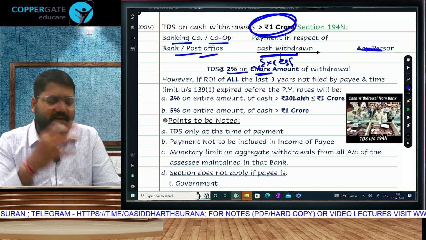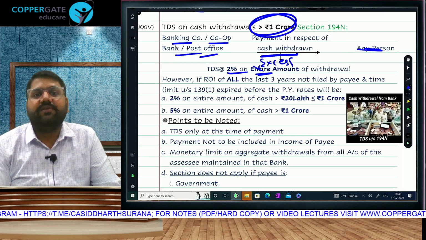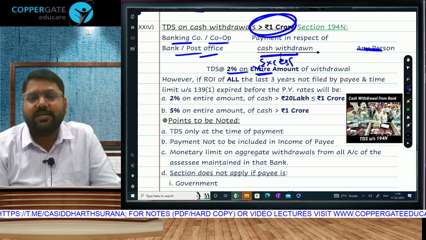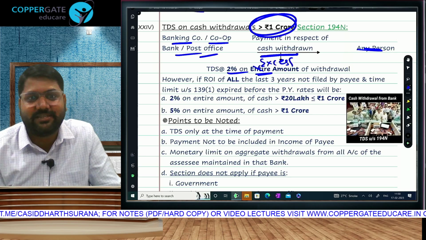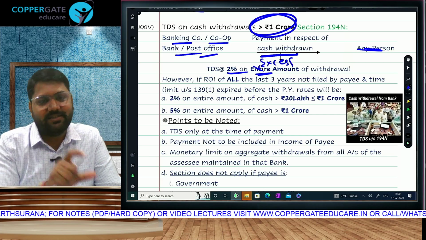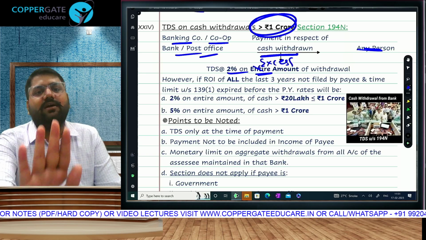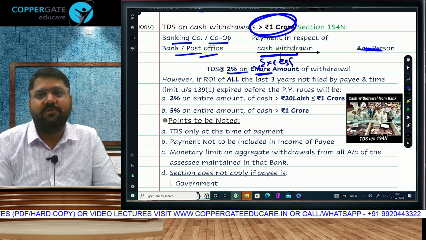Law says whenever any person withdraws any amount in excess of rupees 1 crore, TDS will come on such amount. When they say such amount, it means either the withdrawal amount or the excess amount. Withdrawal is 1 crore 10 lakh, but excess is 10 lakh. That's the question of law out here. But strictly going by ICAI suggested, the amount above 1 crore, the excess amount, is 10 lakh.